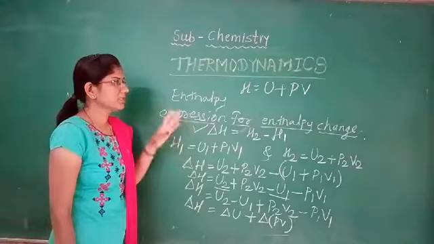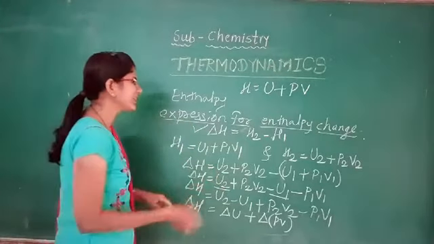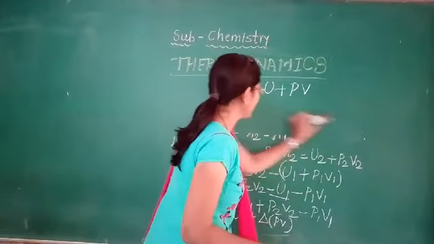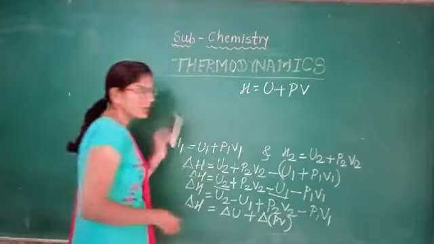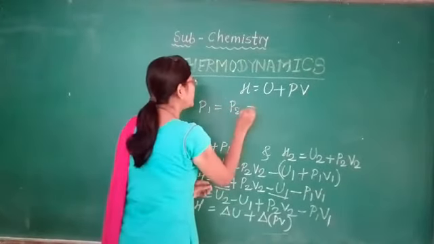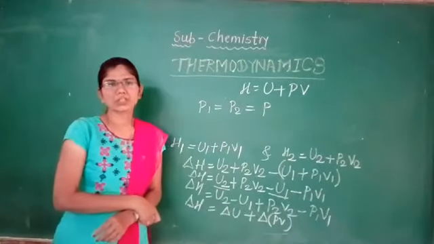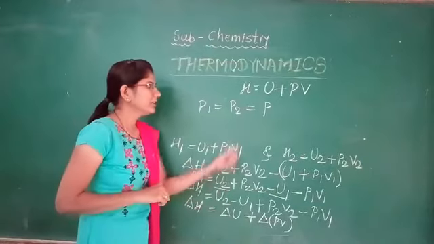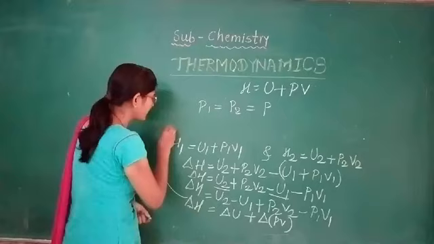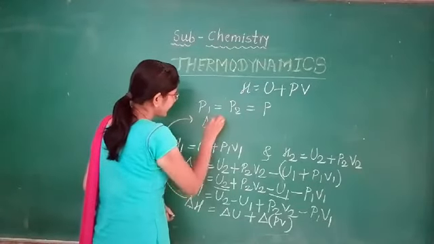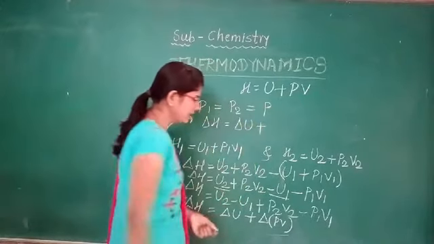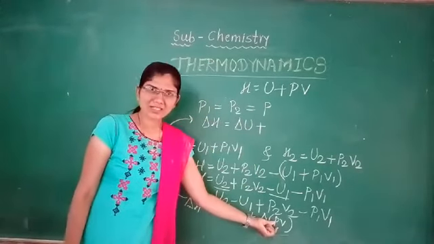But suppose these reactions are carried out at a constant pressure. If these reactions are carried out at a constant pressure, then P1 is equal to P2, which is equal to P, the pressure of the system, and therefore the pressure remains constant. Therefore this equation becomes delta H equals delta U plus, here the pressure remains constant as P1